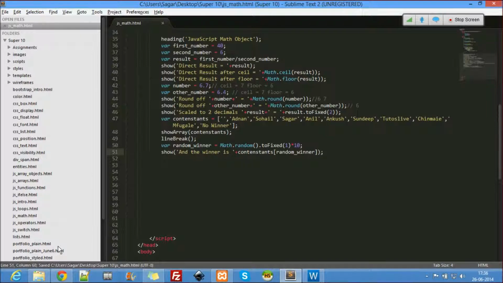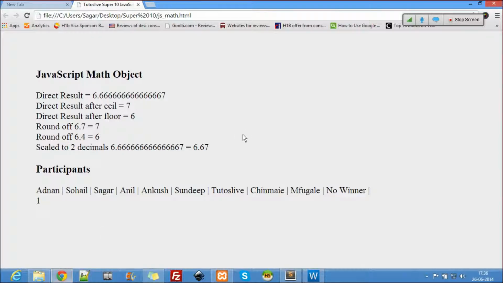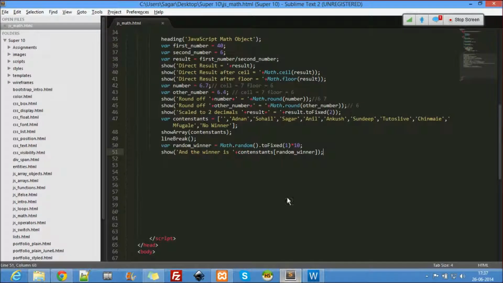Shall we see who the winner is among the contestants? Let's see. And the winner is Ankush. And the winner is Fugale. And now Sagar. Again Fugale. So you guys have no luck. And the winner is no winner. Sohail is the winner. So Ankush is the winner. Chinmay is the winner. So now I'll explain what I've really done here.